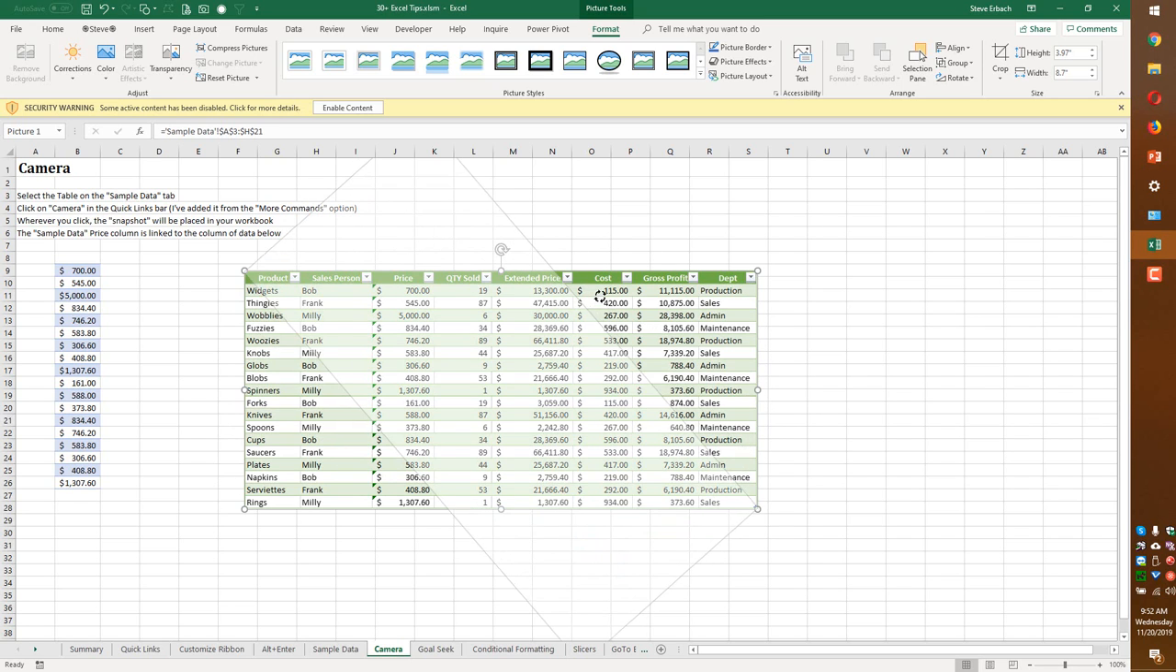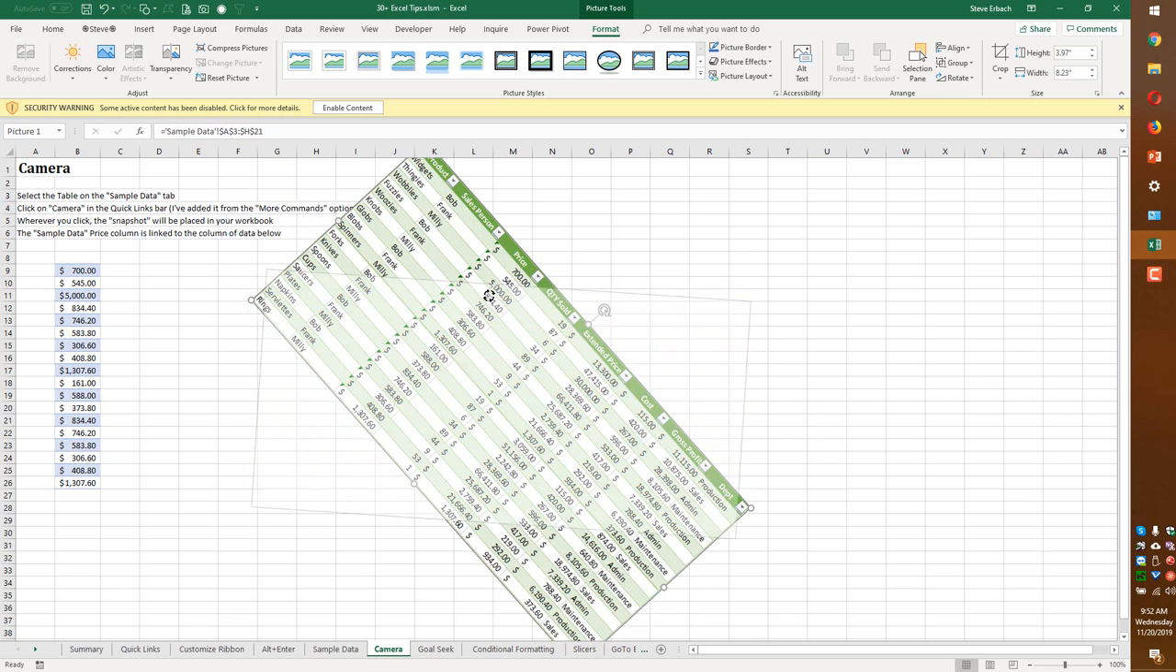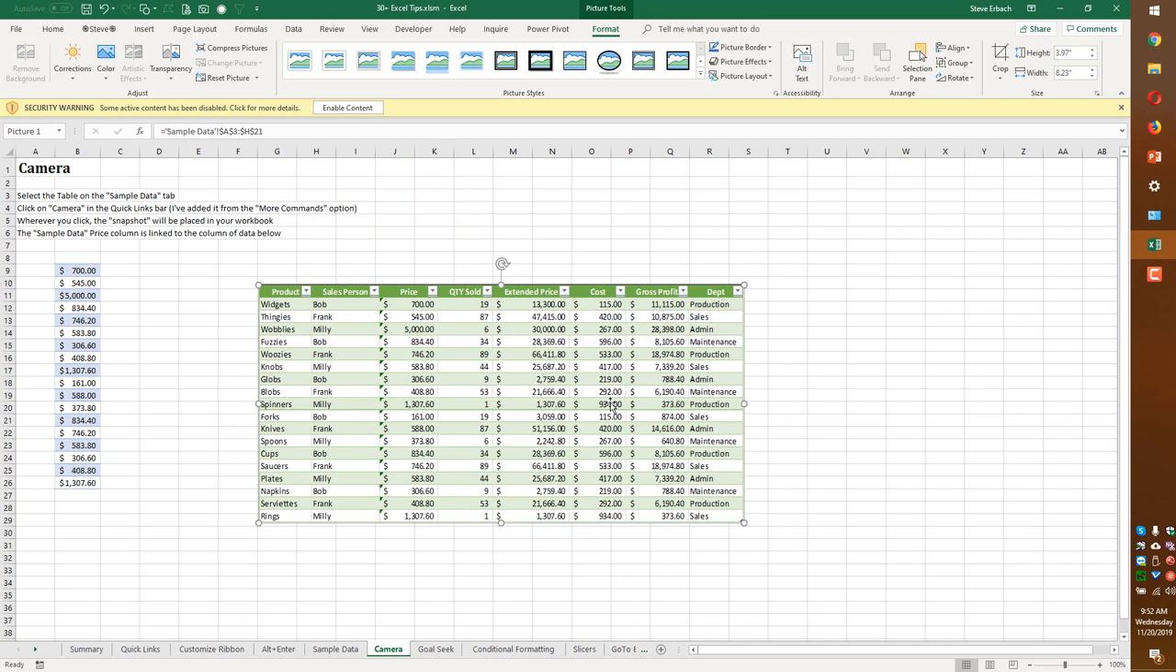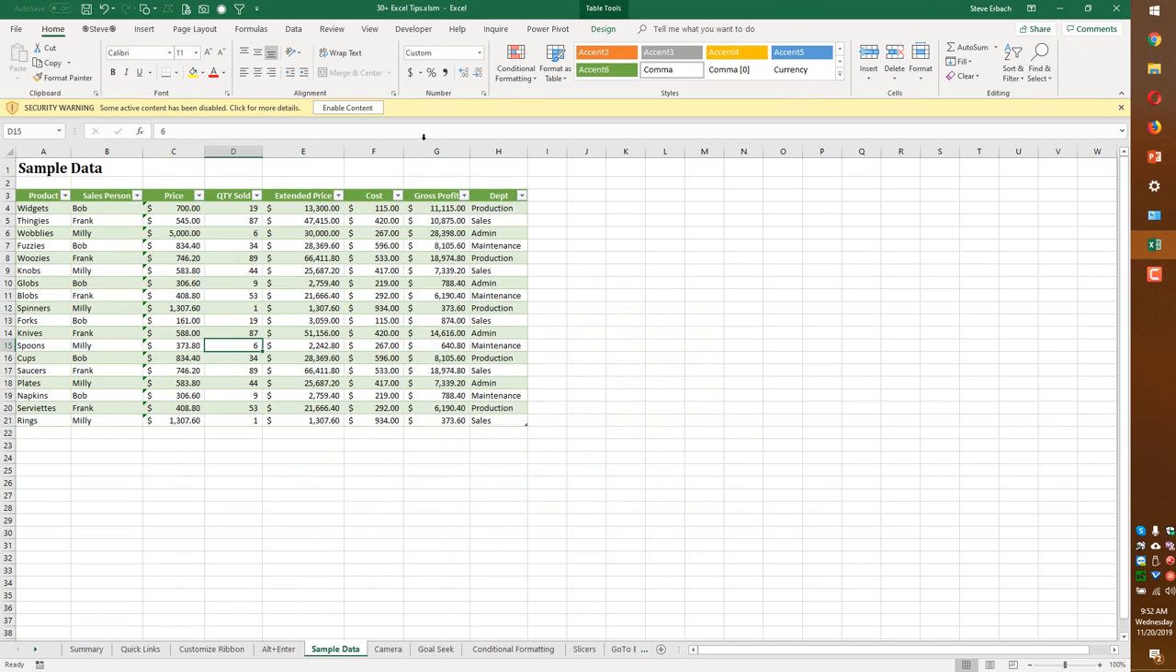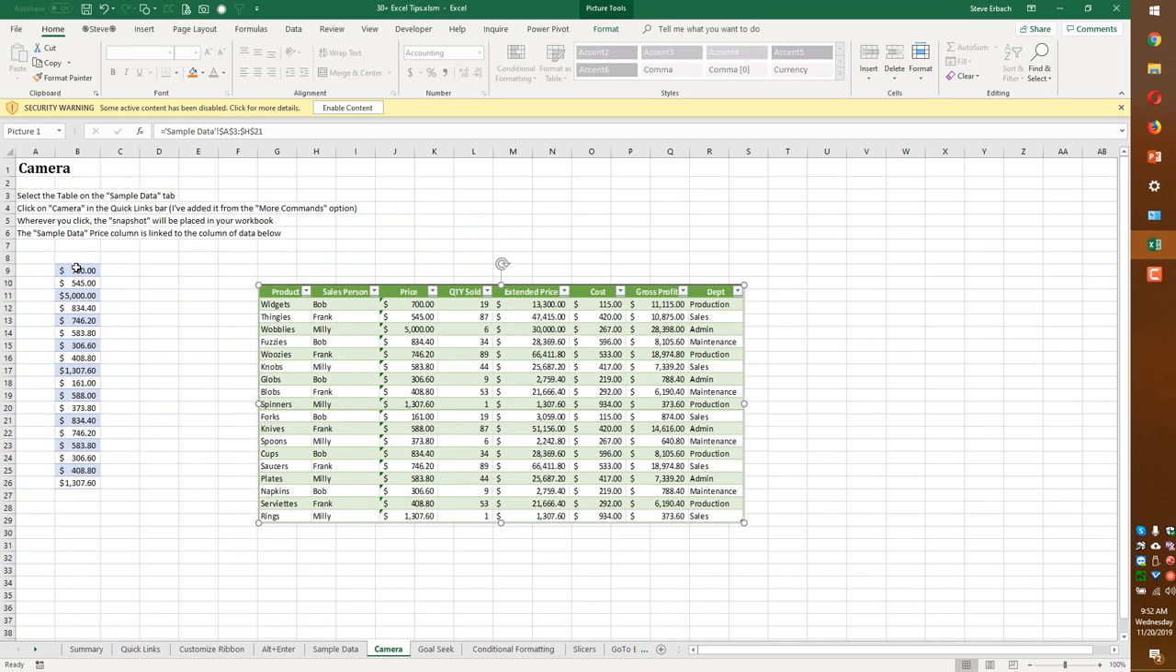Since it's like an image, I can flip it. I can do all those resizing things that you can do to an image. But this is live. This column of data over here is what feeds the price column on this sheet here. So the $70 you see from the formula up there is from the camera tab and a cell, whatever that is. If I go back over here and I change the price on this one,